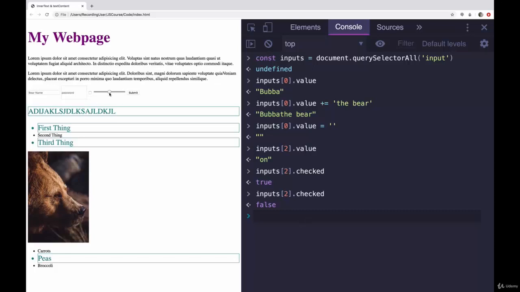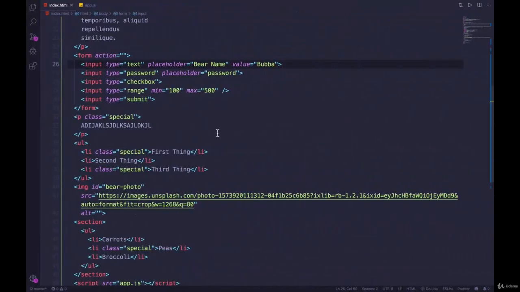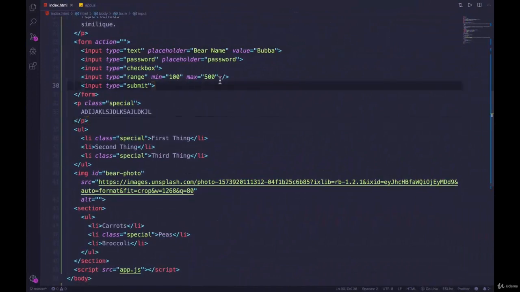What about this slider? This range goes from 100 to 500, I think. And if we do inputs of 3.value, it's giving us 130. If I go up, it's 437. Right now it's set so that the step of the range is 1, I believe, the default. But if we give it a step of 50